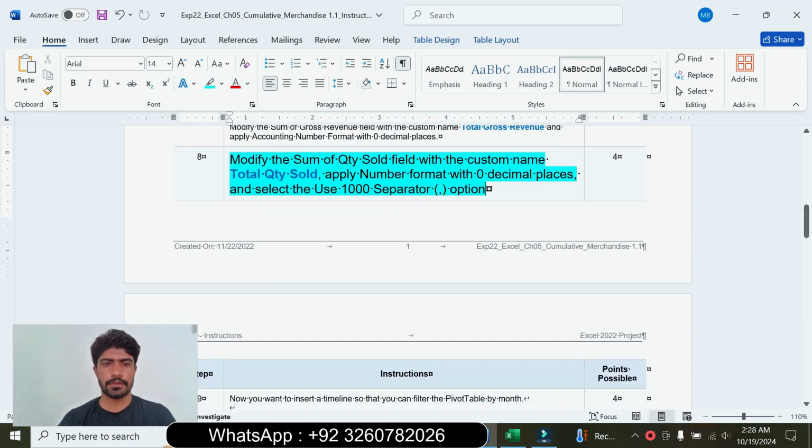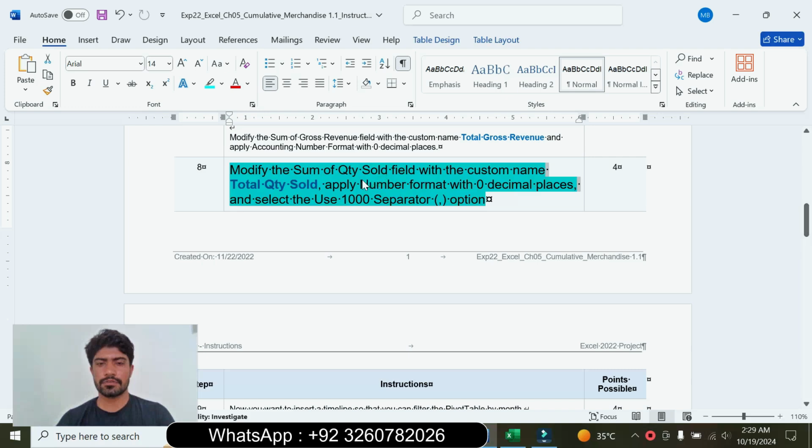Question number 8 is: modify the sum of Q_TY sold field with the custom name Total Q_TY Sold and apply the number format 0 decimal places and select the use 1000 separator option. Sum of Q_TY sold, custom name is Total Q_TY Sold. Copy the custom name